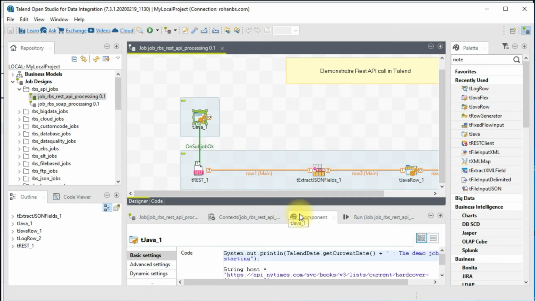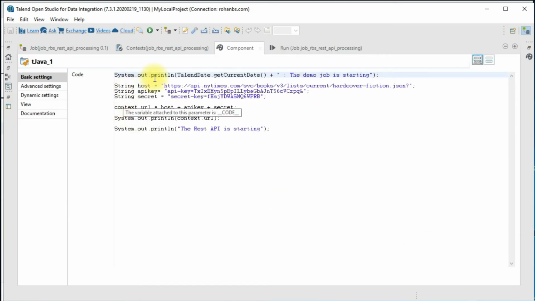In the tJava, I'm doing a small print here. I'm trying to print the job start time, and if you notice, there are three variables I have used. One is the host. This is the host which nytimes.com has provided in order to source this data, and there is an API key and then the secret key, which you will be getting when you register with the site and when you authorize.